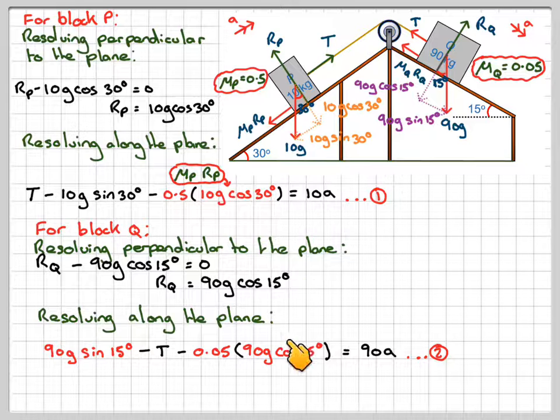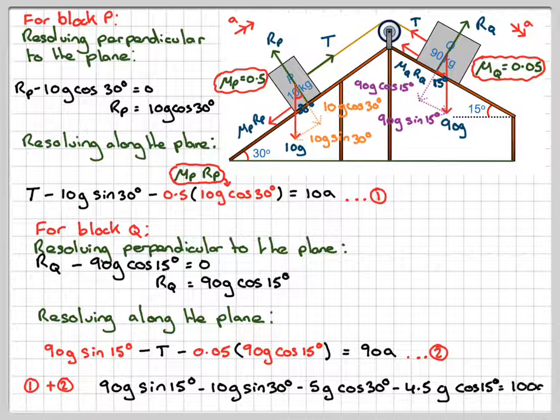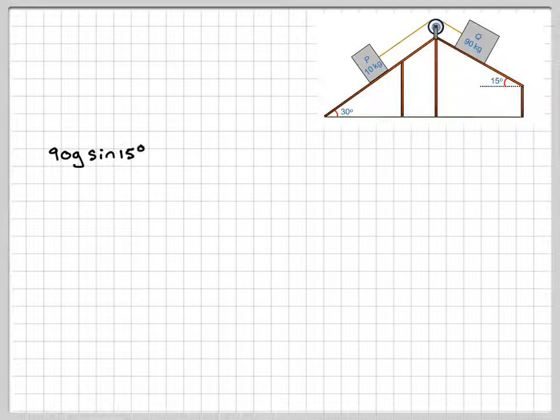Right, we've got two unknowns, T and a, so to eliminate T, we're just going to do 1 plus 2, and we're going to be very careful here. So we're going to have 90g sin 15, and then T minus T will cancel out, then we've got minus 10g sin 30, and then we've got minus 0.5 times 10, which is 5, so minus 5g cos 30, and then also minus 0.05 times 90g, which is going to be 4.5g, and don't forget the cos 15, and then 10a plus 90a is going to be 100a. So writing that out again,